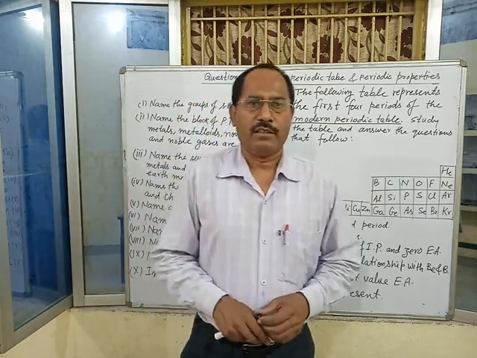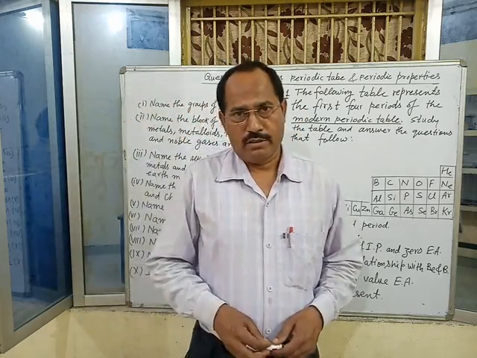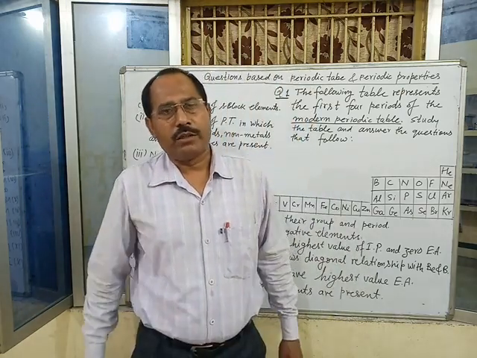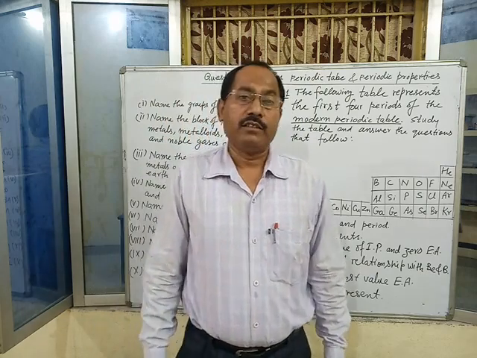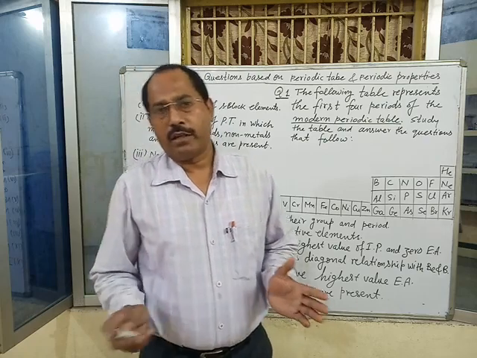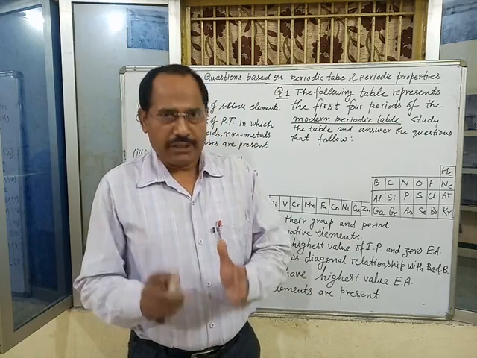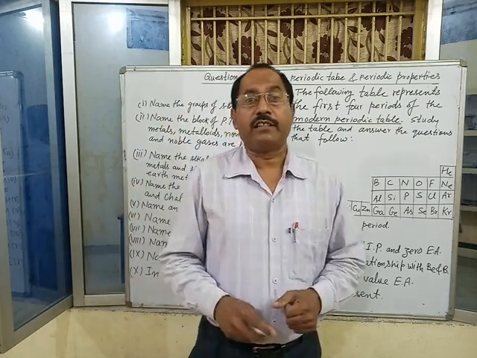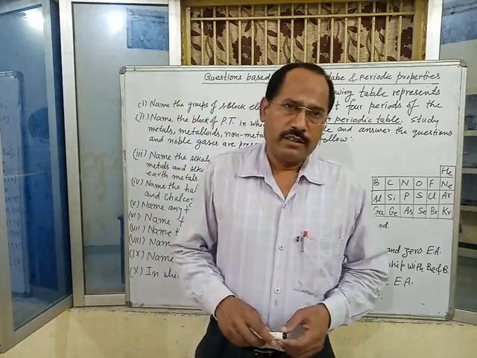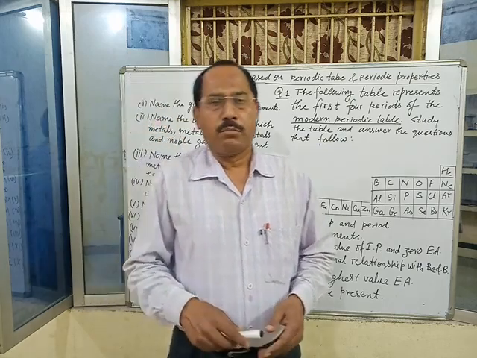In this periodic table, elements are classified on the basis of modern periodic law, which states that properties of elements are periodic function of their atomic numbers. Means when the elements are arranged in the increasing order of their atomic number, the elements show periodicity and similarity in their properties at certain regular intervals. This periodic table is successful and known as modern periodic table.